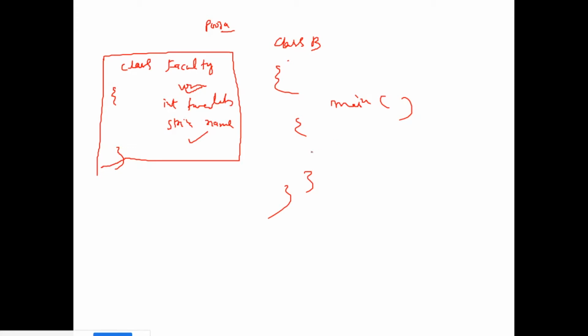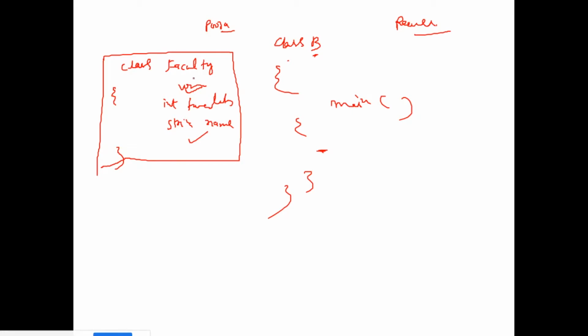No, no. Why are you making the object of this B class? What is the need of it? If I am making an object inside the same class, what is the purpose? That would be something like a recursive thing, right? Why do that?